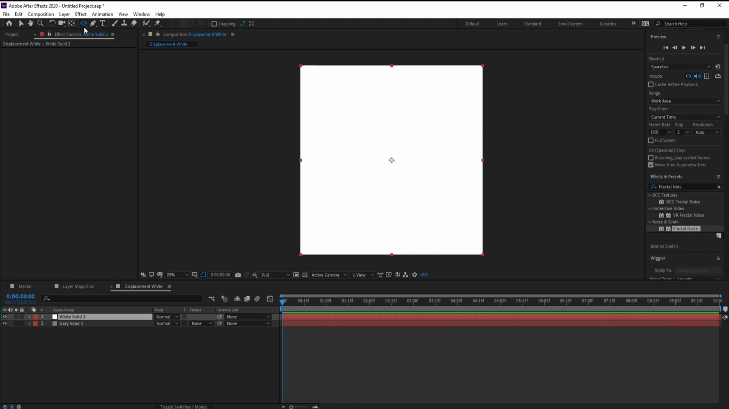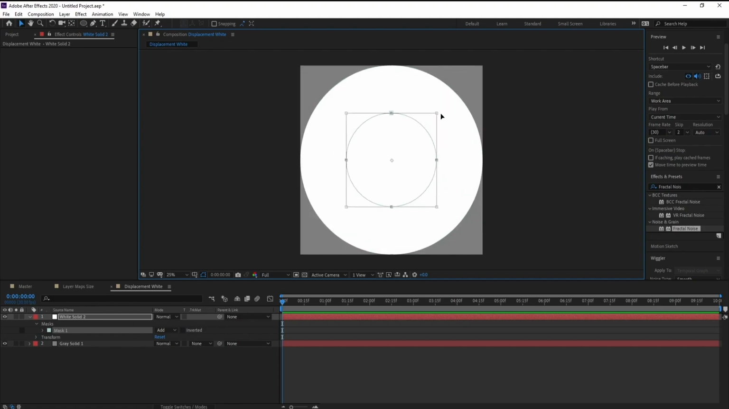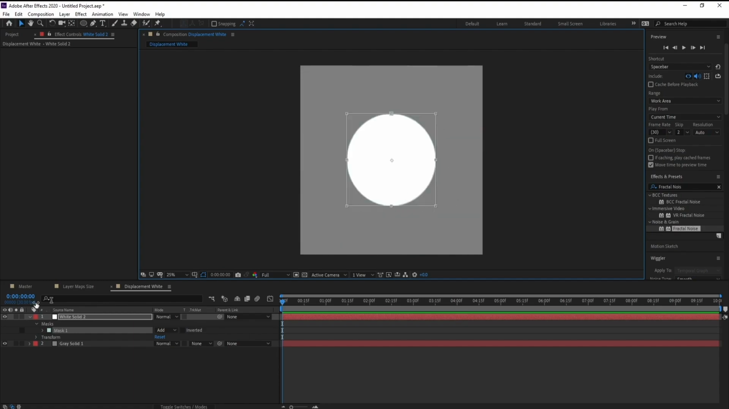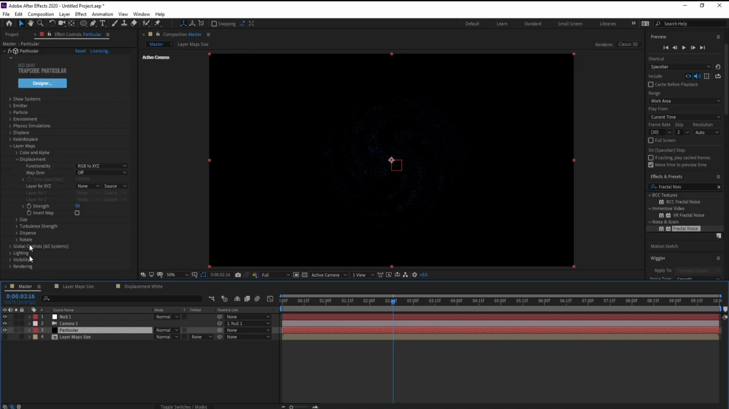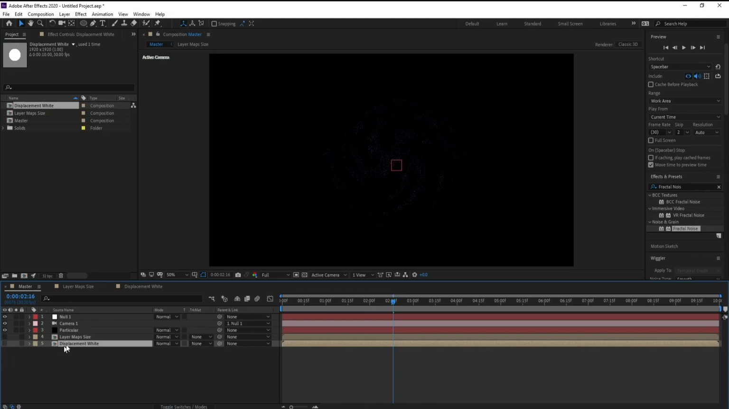Go to these shapes, and I'll take the ellipse tool. Go here, hold Control, and double click here to see our circle. Double click again, hold Alt Shift Control to make it smaller, something like this. Then I'll go to master again, go to project and displacement white, drop it into the timeline like this, and go